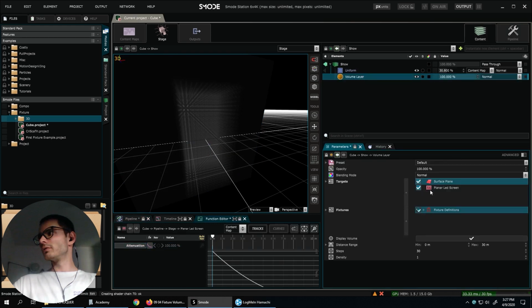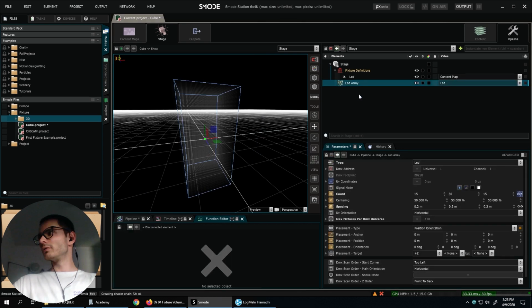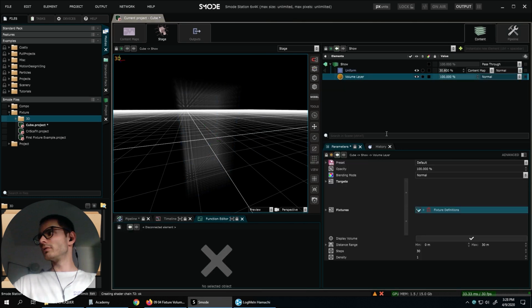And in the volume layer, as we can see, it can target LED screen and surfaces and fixture. So you can select it if you want, or choose what fixture is impacted by this volume layer. So let's delete this.